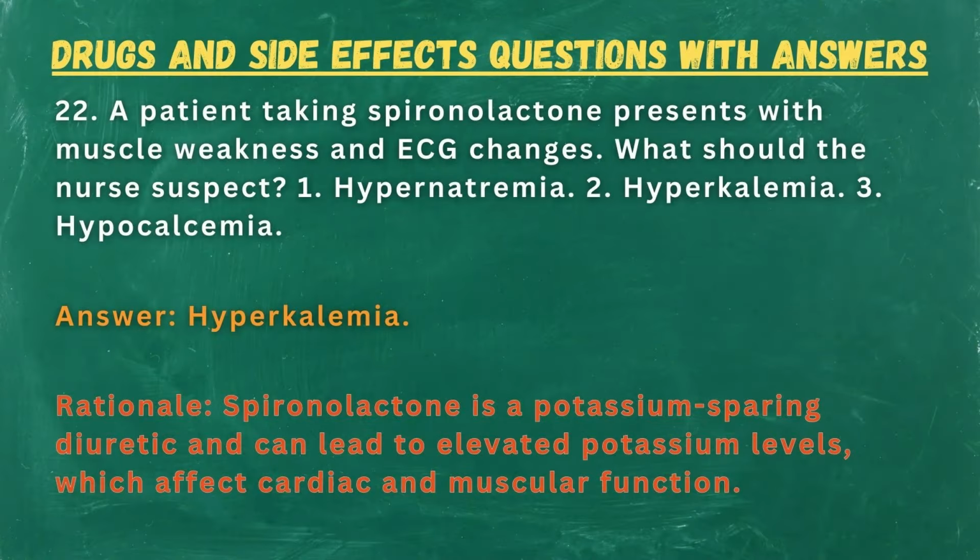22. A patient taking spironolactone presents with muscle weakness and ECG changes. What should the nurse suspect? 1. Hypernatremia. 2. Hyperkalemia. 3. Hypocalcemia. Answer: hyperkalemia. Rationale: spironolactone is a potassium-sparing diuretic and can lead to elevated potassium levels, which affect cardiac and